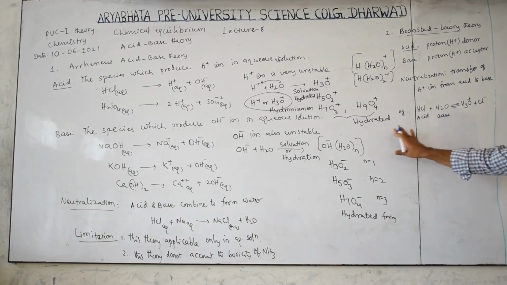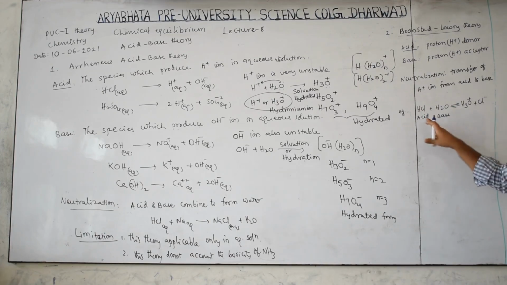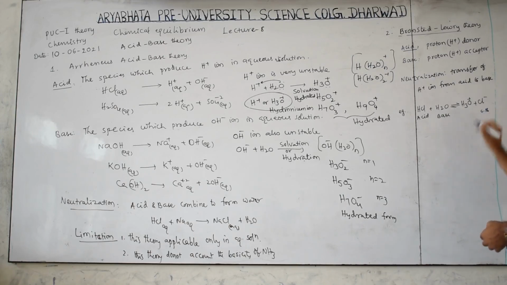For the reverse reaction, the forward reaction has this acid and this base. For the backward reaction, this donates the proton to this, converting to HCl. It is a proton donor, so acid, and this is a proton acceptor, therefore a base. But to avoid confusion, we write that acid always gives a conjugate base, and base gives a conjugate acid. So this is acid, this is base, with conjugate acid and conjugate base. What is a conjugate acid-base pair? I will discuss again, don't worry.